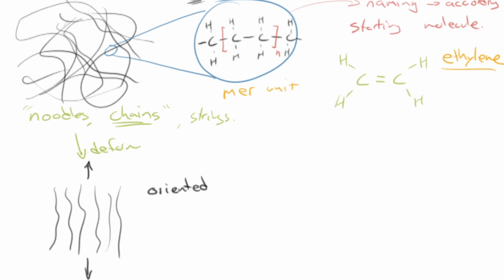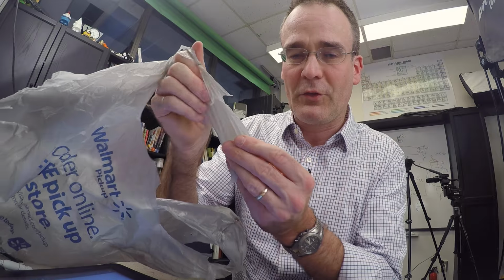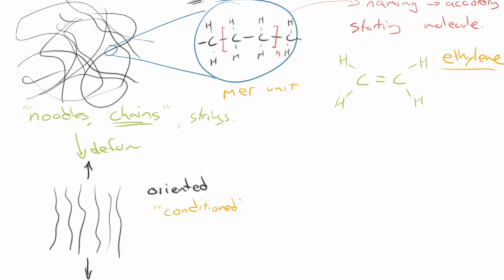Or another term that's used here technically for this is sometimes it's called conditioned. Okay, so it's oriented with the loading axis, and so now what we're doing is we're stretching along the length, or with this plastic bag here, in this direction. I'm stretching those strong bonds, okay? I'm stretching the strong bonds, and then